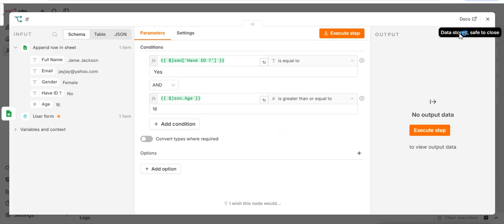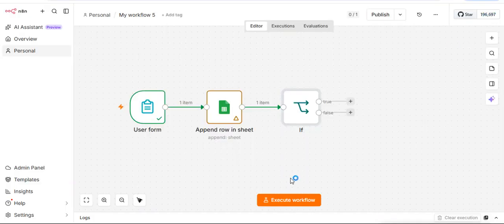So if this condition executes, it's going to result in one of two values, which is either true or false. True simply means the user is 18 and above and has an ID card. False simply means the user met one of the criteria and did not meet the other, or did not satisfy any of the criteria at all. That is false. So from this simple workflow,